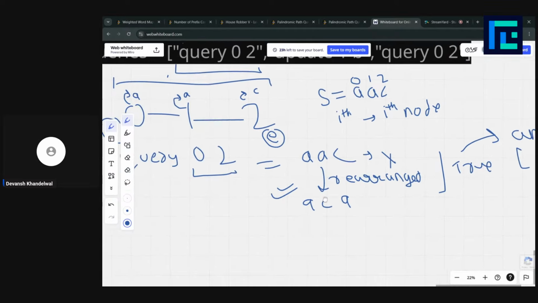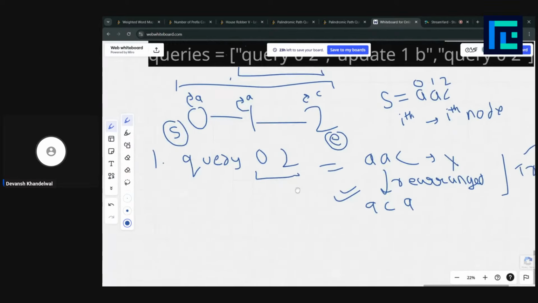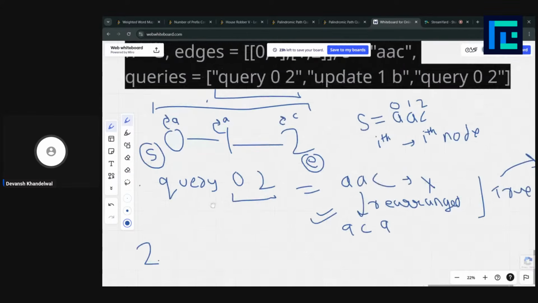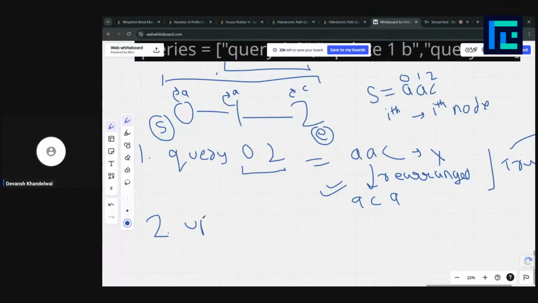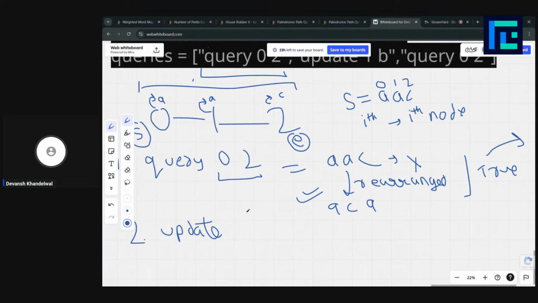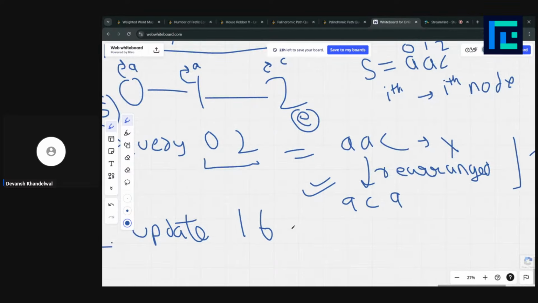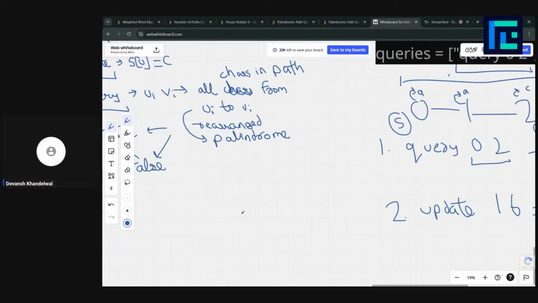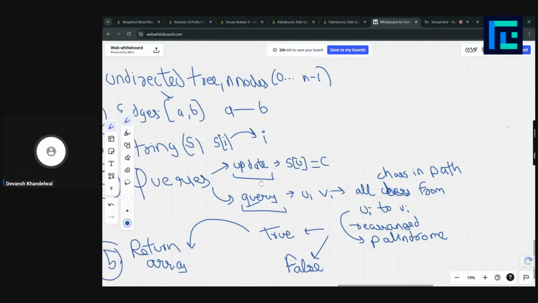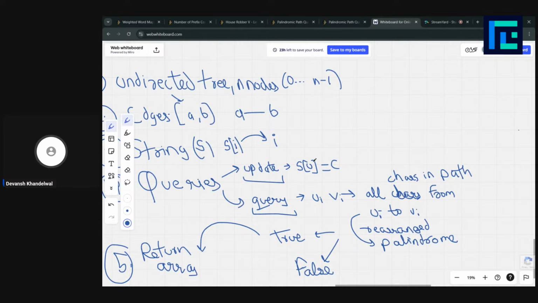Right. And now what's the second query? Update. This is the query update. So what this update query tells us, let's again go to the question, is that it would give us an index u and a character v, and then we have to update the uth index of the string s to the character that it has given.